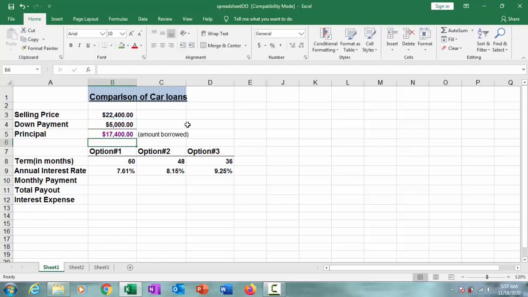It would seem like that. Okay, so this is what we're going to do. This is the amount. Okay, so 17,400 from selling price minus the down payment, because we issued a down payment. So this is now the principal that we will be borrowing from the bank. Okay, so next is